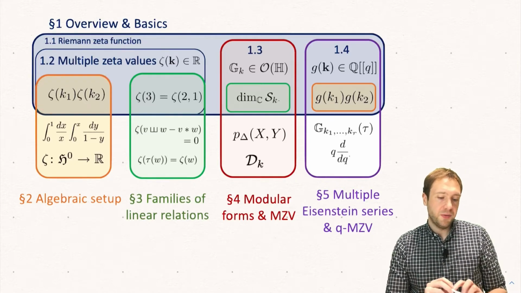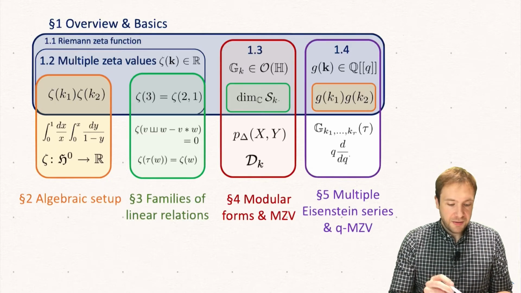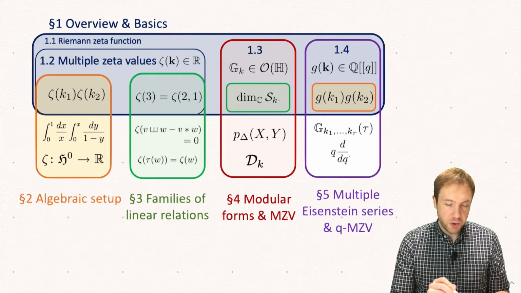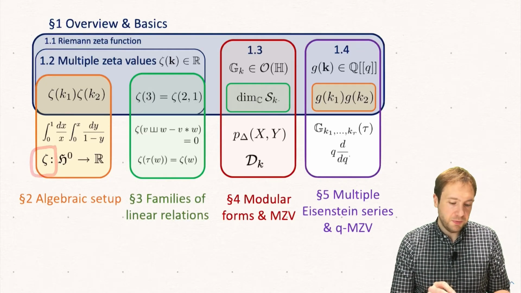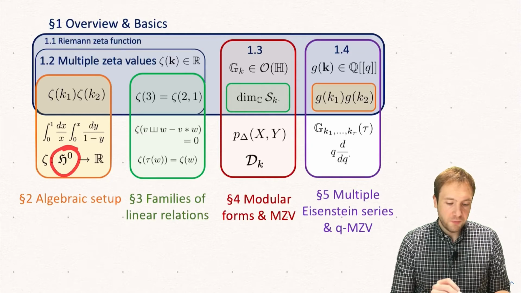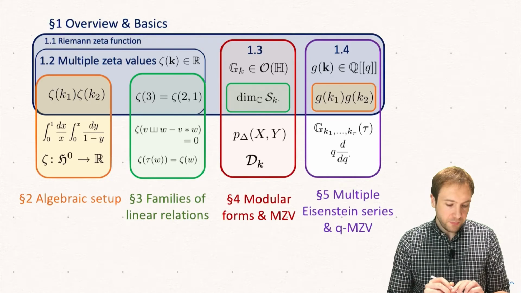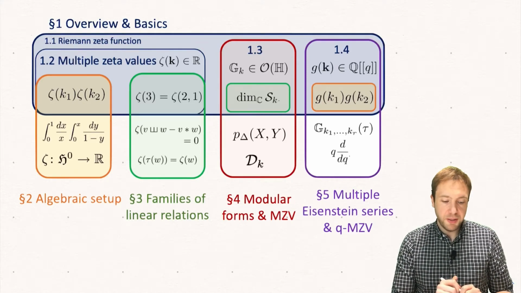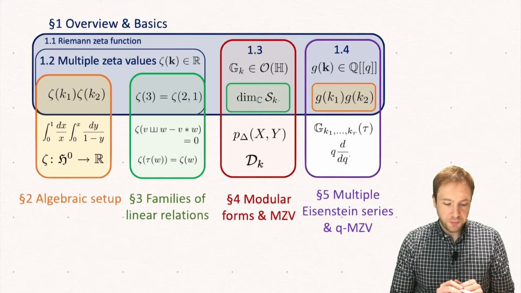of multiple zeta values can be written by using the shuffle and stuffle product, and this we described by defining the stuffle product on this formal space which we denoted by H0, and then we said that this zeta can be seen as an algebra homomorphism from this space to the space of multiple zeta values. And because this was an algebra homomorphism with respect to these two products, the shuffle and stuffle, we obtained linear